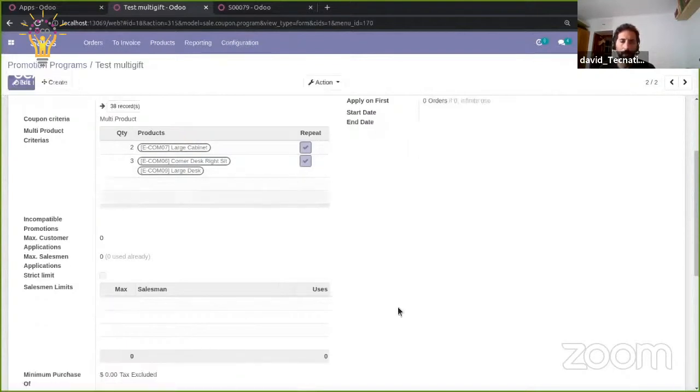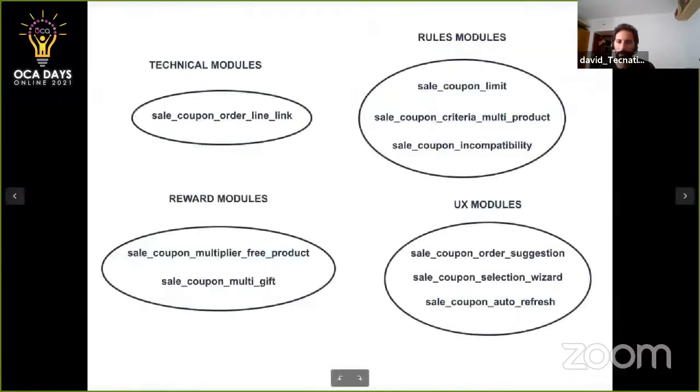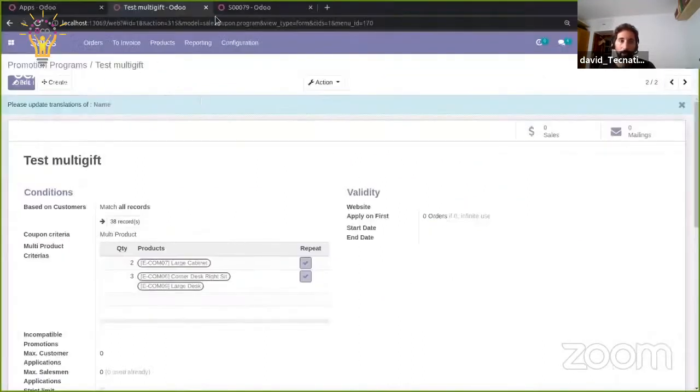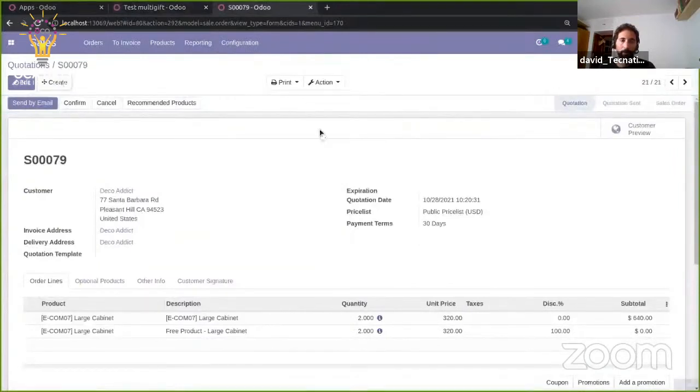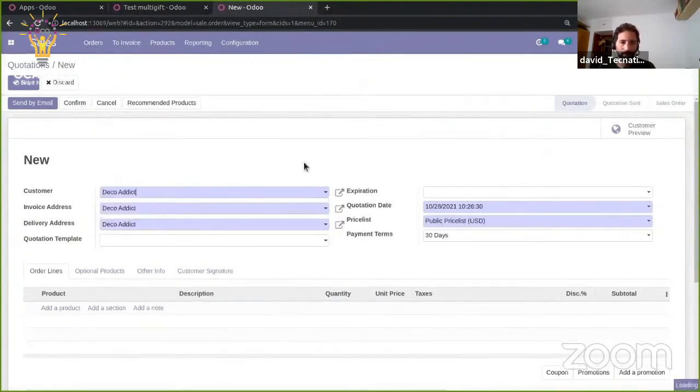And to show you how this works, I am going to introduce you as well to this other module, which is the UX modules, sale coupon order suggestion and sale coupon selection wizard. We're going to make a new order, say a quotation,